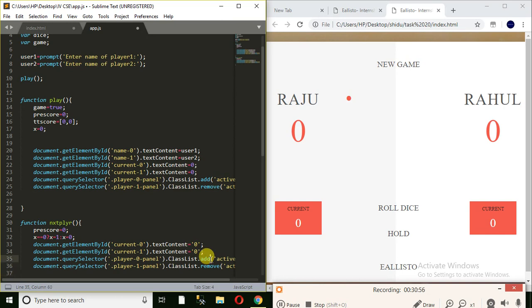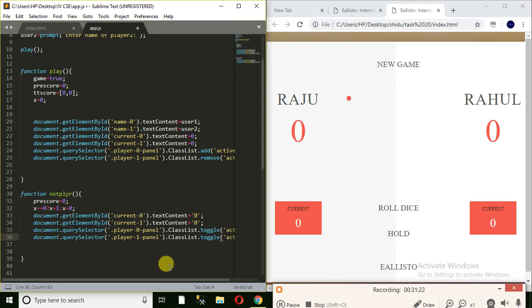Here we just give toggle. Okay, we want to toggle this point when we pass the turn to the next player, when we press the hold dice, or otherwise we get the value as 1 here. Next,